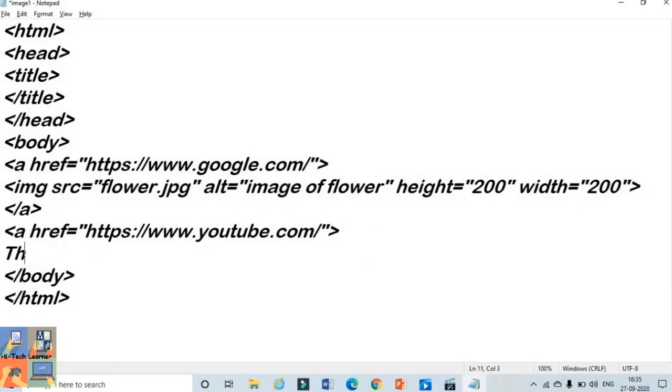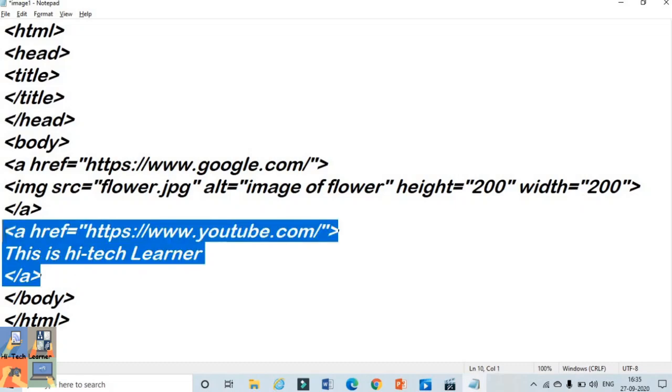We will write the text: this is high tech learner. Okay, and anchor A tag close.